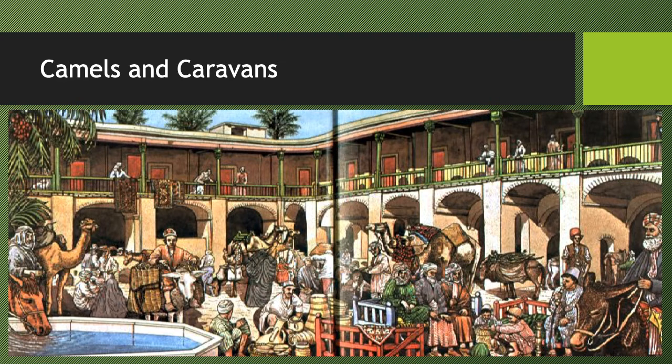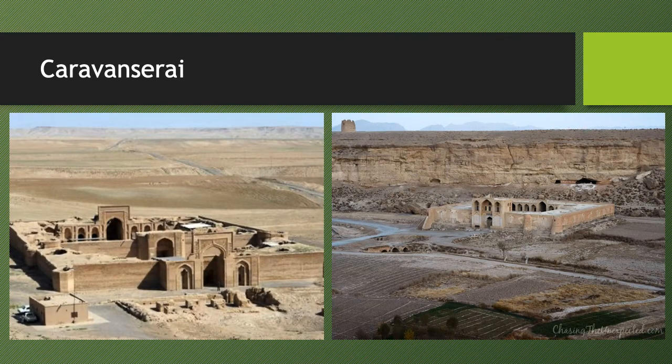They could go long periods without a lot of food. And along the way, throughout the Silk Road, we're going to see the formation of caravanserai, these inns. It's like a motel, you can kind of say, right? You pull in, you rest there, and then you buy and you eat, and you set up shop in the middle courtyard. Traveling merchants exchange goods and exchange ideas and exchange technologies.